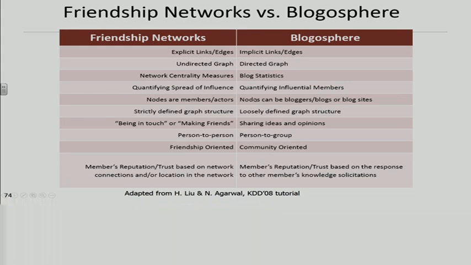His tutorial notes are also in the book. The difference between friendship networks and blogosphere: the blogosphere is basically a person to a group, or to some blog website. But the friendship network is person to person. You get a very close link, and it's very